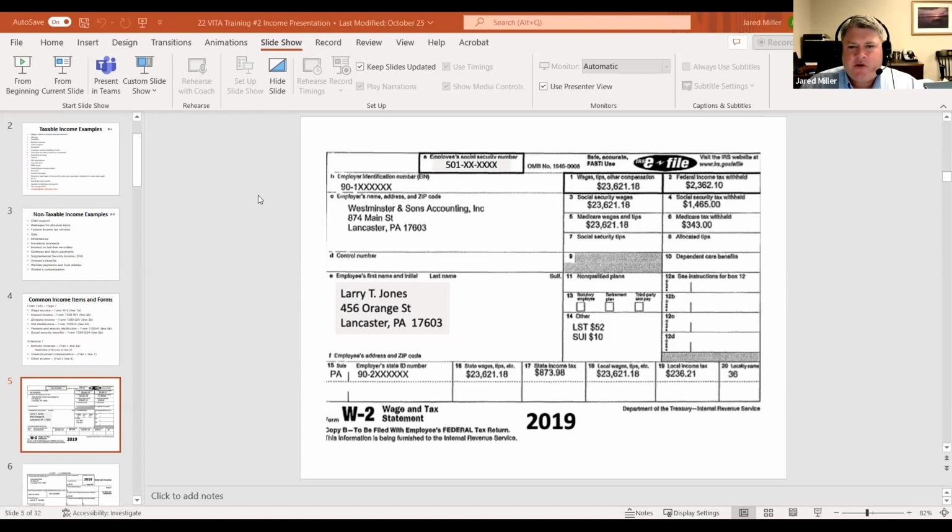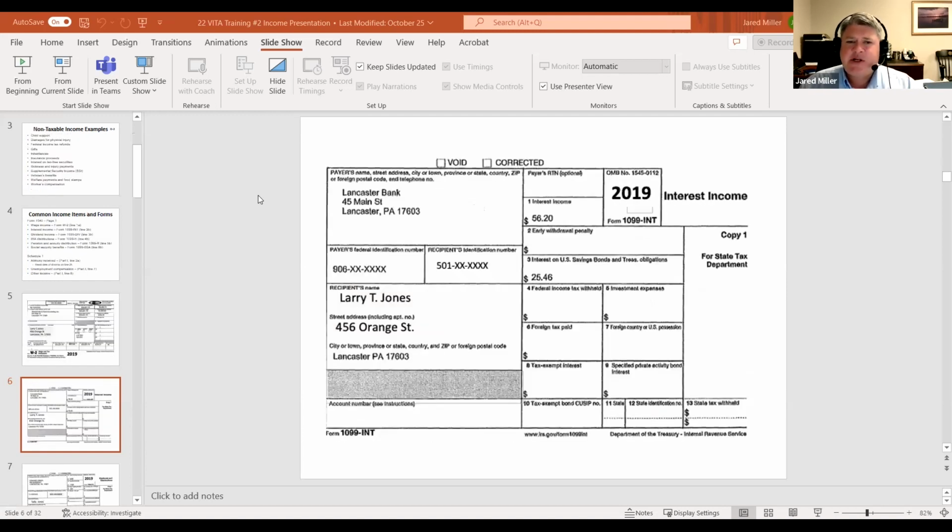The next item I want to take a look at is our interest income. So interest income, you'll notice that because we have a form 1099-INT. As we go through tonight, I just want to remind everyone that if a client hands you a pack of documents, and hopefully they've already opened them up, otherwise you're going to get a whole lot of mail that'll probably say on the outside, important tax document, do not throw away. I've had clients that come in and hand me a whole pile of things, some of which will be relevant to the tax prep process, some will be real estate tax bills for the following year, some will want me to fill out their Publishers Clearing House forms.